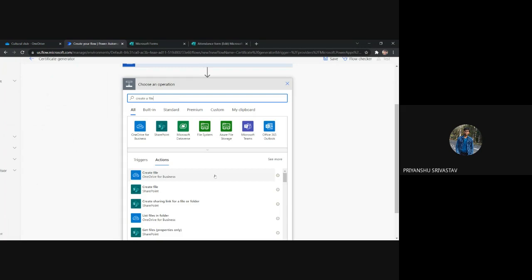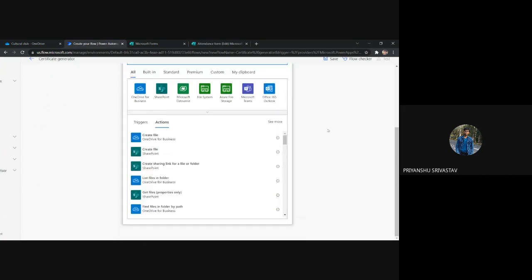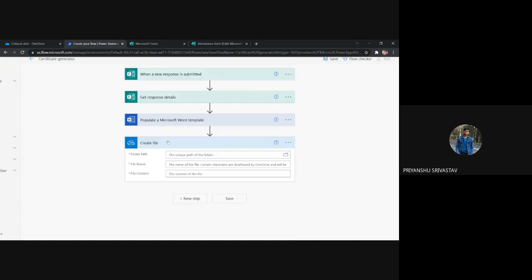So in the actions field, you can see that we have several options for creating the file. If you want to create the file for OneDrive, you can click here. For SharePoint, you can click here. And there are other options as well. So since I want to save that file on the Culture Club folder which is on OneDrive, I will click on Create File for OneDrive for Business. So I clicked on it.